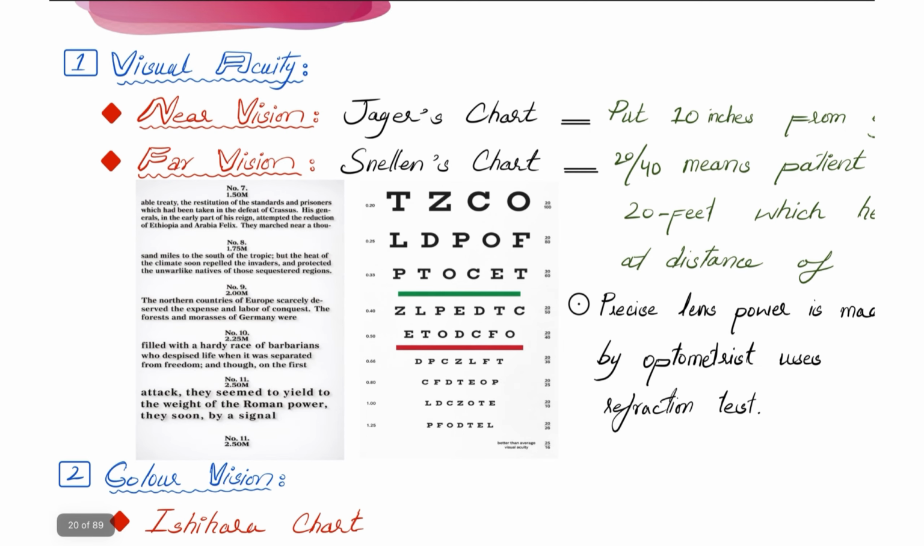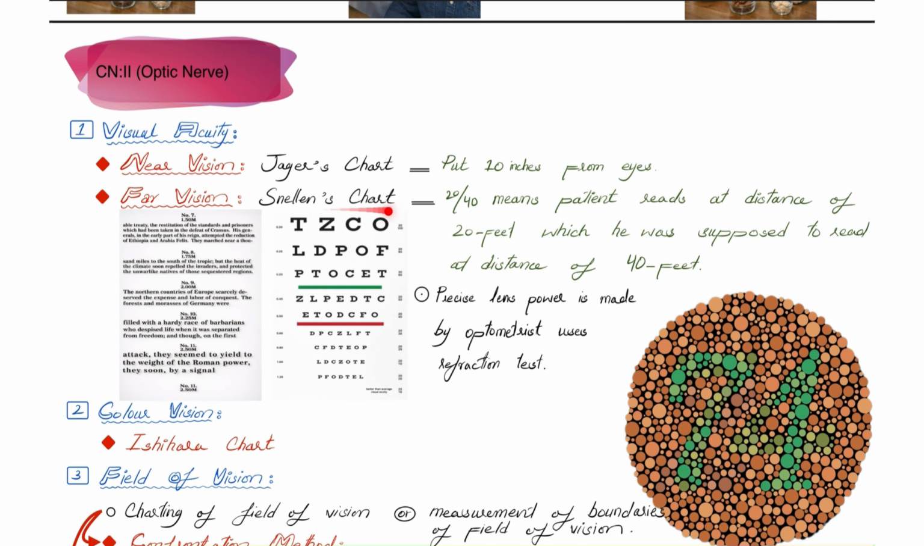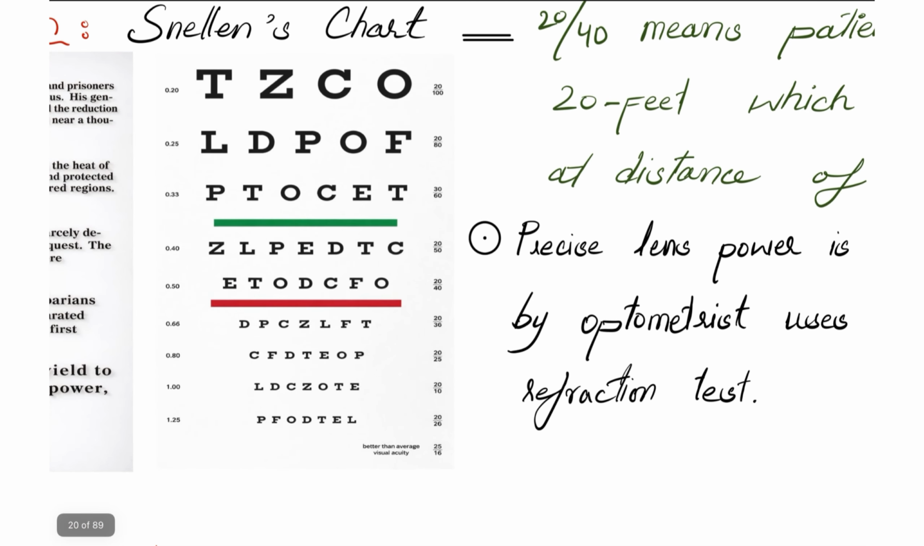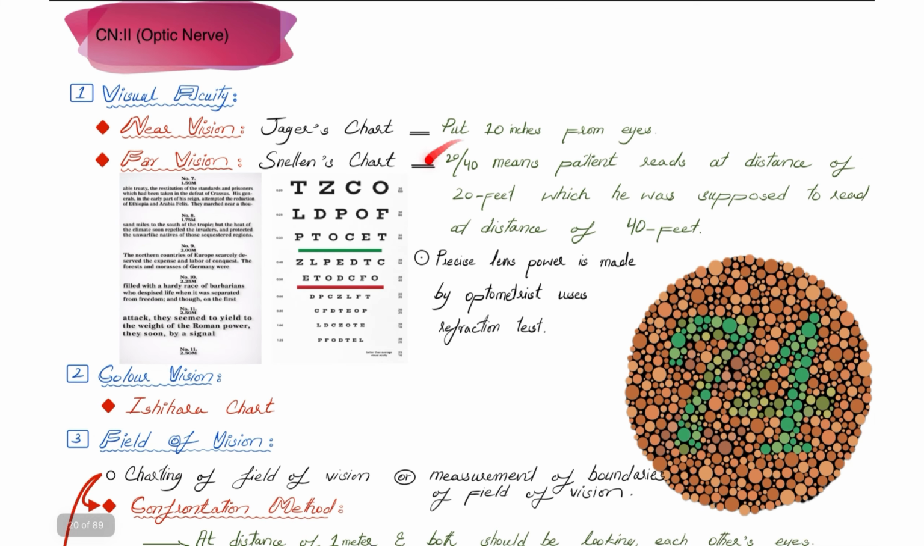For far vision, we use Snellen's chart, as you see in the image of the Snellen's chart. For instance, if the far vision of the patient is 20 by 40, what does it mean? It means that the patient reads at the distance of 20 feet what he was supposed to read at a distance of 40 feet. When we find that the far vision of the patient is 20 by 40, then we refer the patient to an optometrist for obtaining precise lens power, and the lens power is obtained using a refraction test by